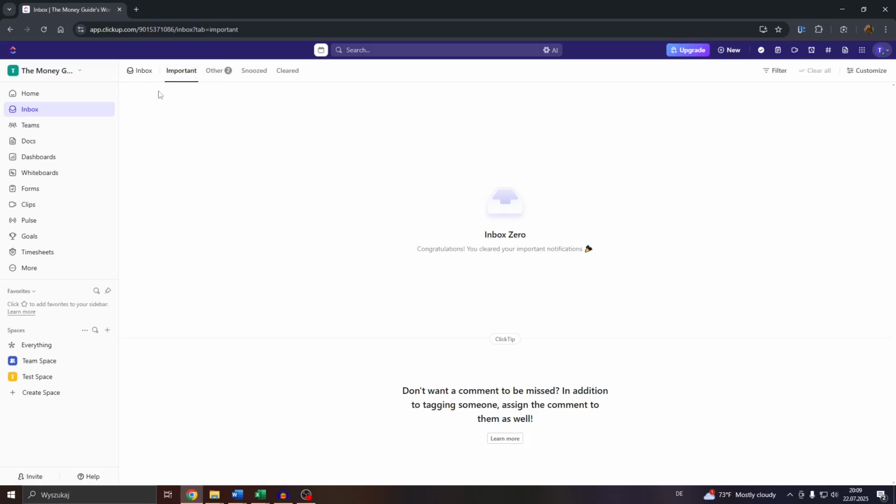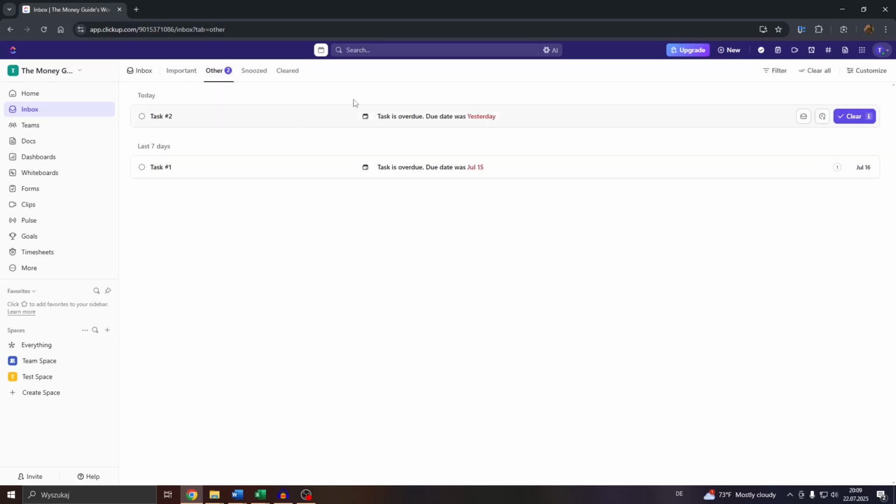and here at the top you will see a list of departments of your inbox, like important messages, other, snoozed, cleared, and so on and so forth. So as you can see, there are no important messages right now or notifications, but in the other section there might be, for example, task reminders or notifications that, for instance, that task here is overdue, and so on and so forth, guys. So you may single clear them by clicking on clear here or by using the shortcut E,